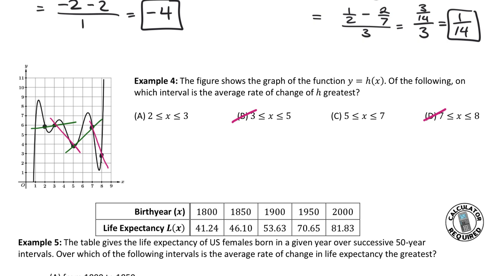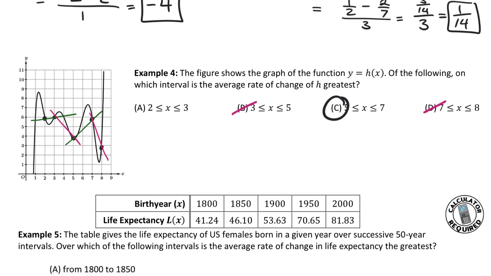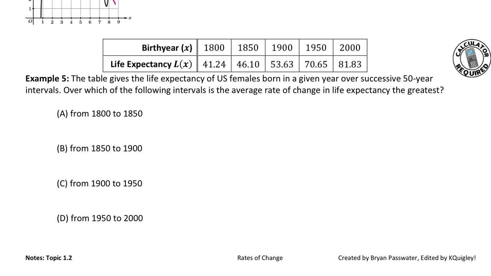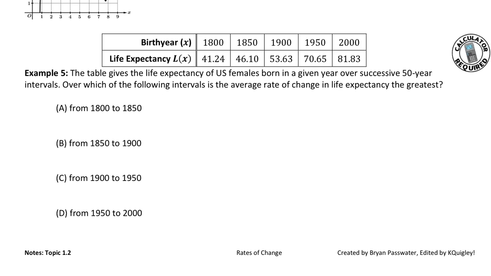between those 2 points. Which means we have to decide which one is steepest. Between A and C, which one is steepest? C. That means C is the correct answer. It has the largest rate of change because it is the steepest graph. Make sense? Okay. If we have average rate of change from a table, this will kind of take the computational